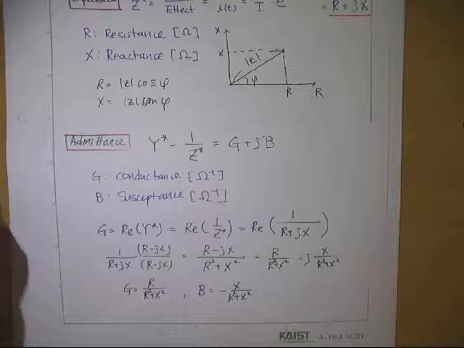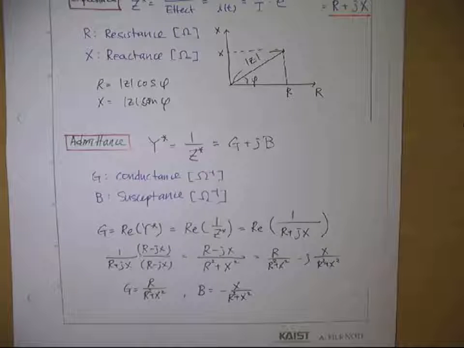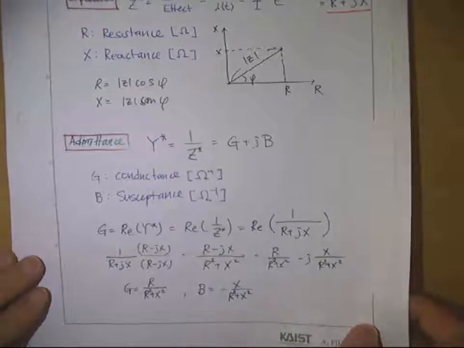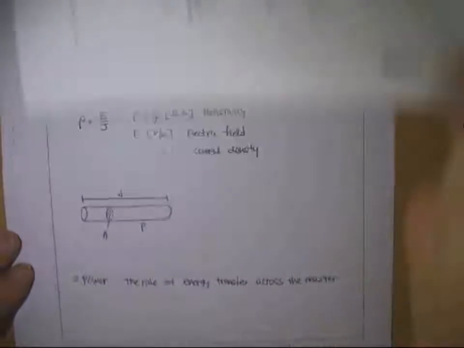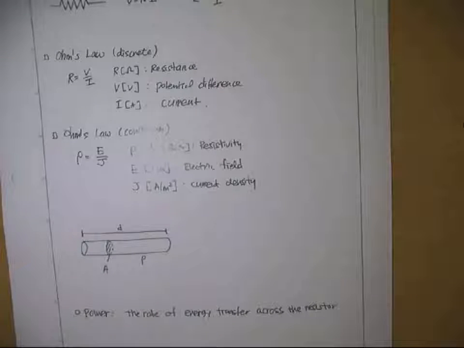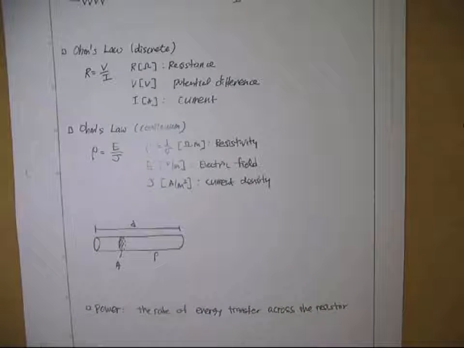So this was just the definition of the impedance and admittance in the electromagnetic wave, or in the electrical circuit. Then we'll talk about the L and the R and the C. In the electrical circuit, we have three components. One is the resistor, R, the capacitor is the C, and the inductor is the L. That's why we use the LCR meter to measure the impedance of the circuit or the material